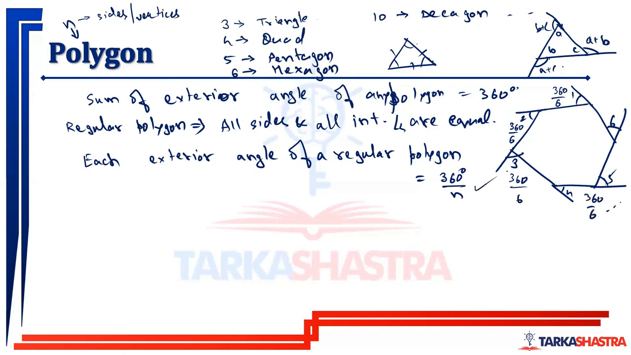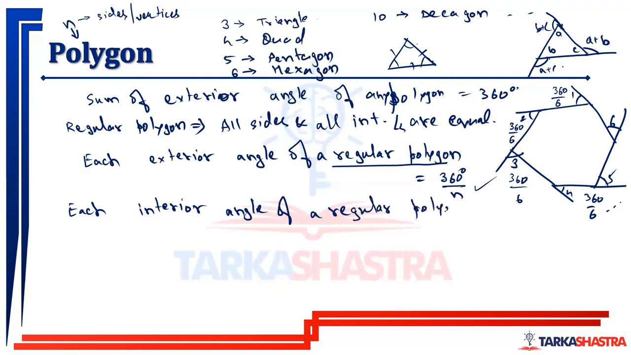ठीक है, each exterior angle of a regular polygon is this। Then each interior angle of a regular polygon, ये सारी चीजें रेगुलर पॉलीगॉन के लिए हो रही है, is 180 degrees minus 360 degrees divided by n। सिंपल है ना। अगर ये 360 by n है तो ये 180 माइनस 360 डिग्रीज by n है ना। सिंपल एकदम।